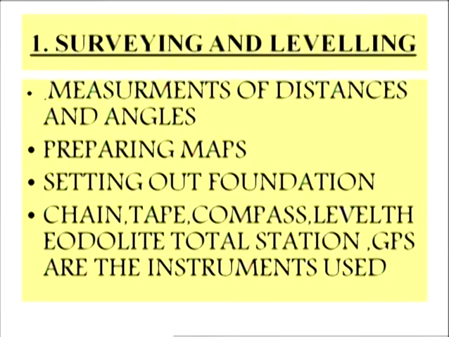Now, the different measurements taken are recorded in a field book, and after that these recorded measurements are transformed into maps. The main objective of surveying is to prepare maps. You might have seen the map of Gujarat or our country India. How are these maps prepared? These maps are prepared on the basis of the measurements which are taken. A village map, a cadastral map, many different types of maps are prepared on the basis of the measurements taken out.